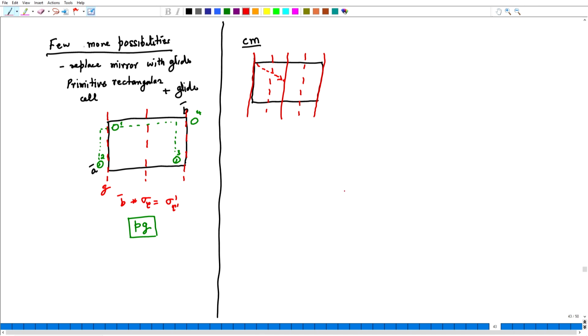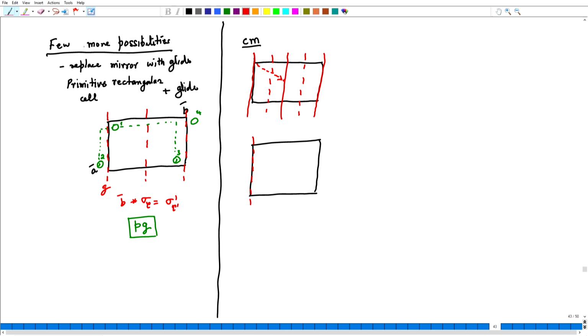Now, what about it if I started with the glide instead of adding the mirror? I do the following. I add this time on the cell edge a glide.